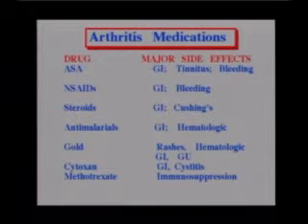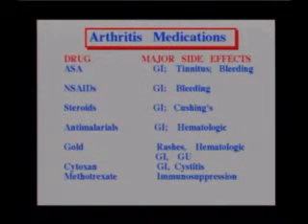Steroids are sometimes used for arthritis. Systemic steroids can be used for rheumatoid arthritis. Now, they're given intermittently. Continuously is going to cause Cushing's syndrome, so it's dangerous to give steroids for long term.